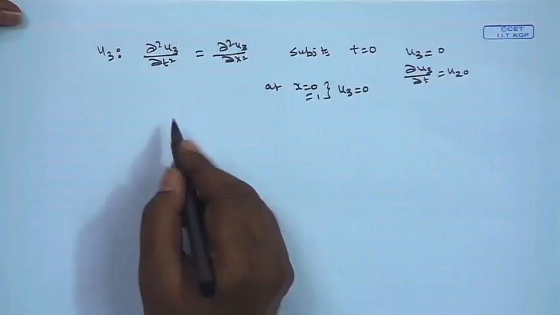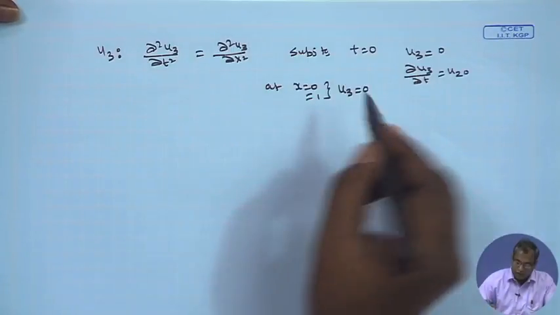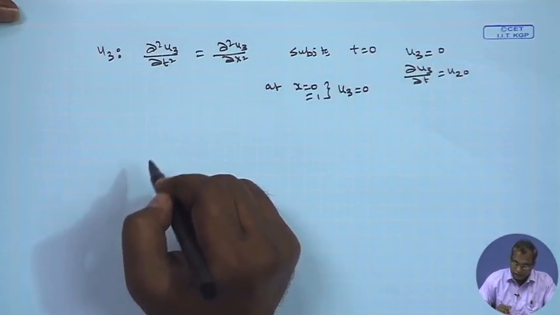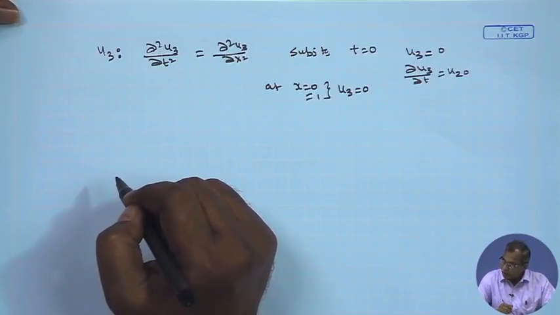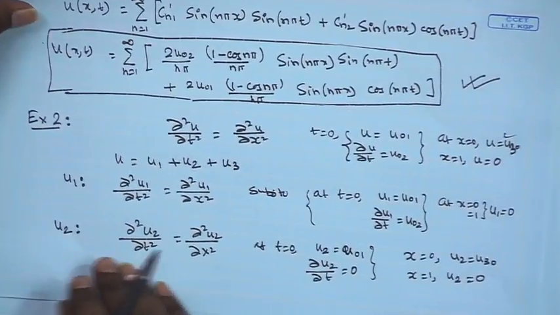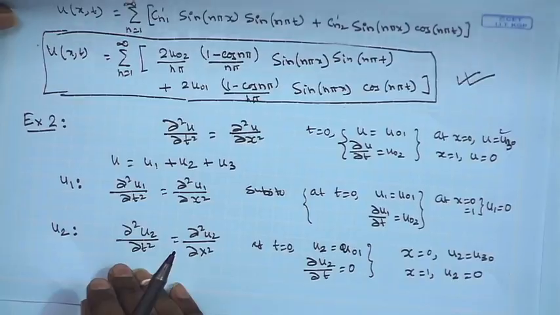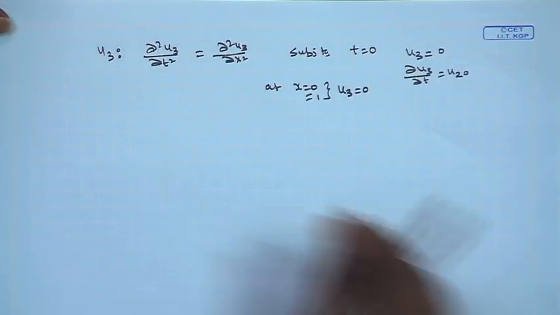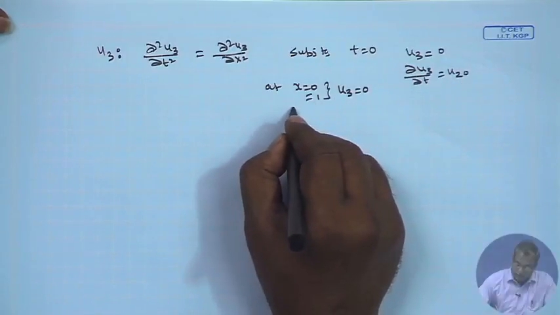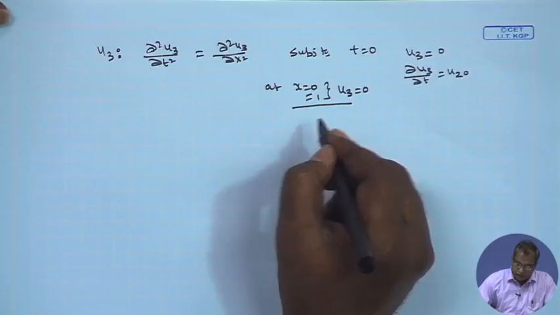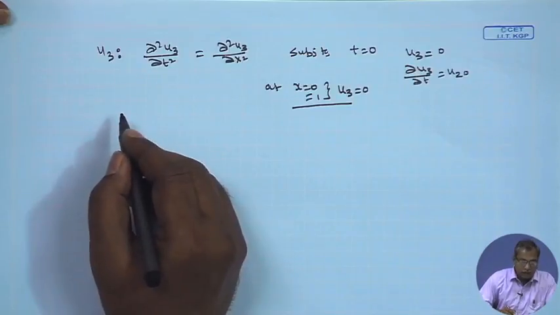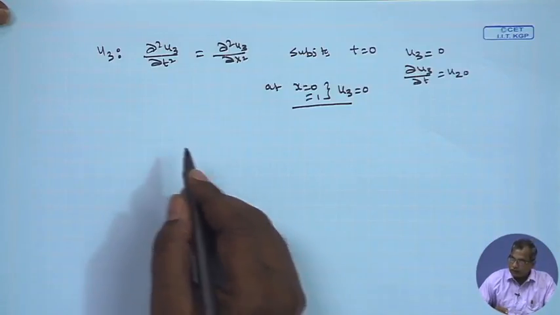Now, let us look into this u 3. We will be having an initial condition which is 0. So, I will be getting this sub problem. Okay. So, the first one is, we know how to solve this equation. This will be a standard eigenvalue problem in the x direction, and we have already seen how to solve this equation. So, if you look into the standard solution, the solution will be